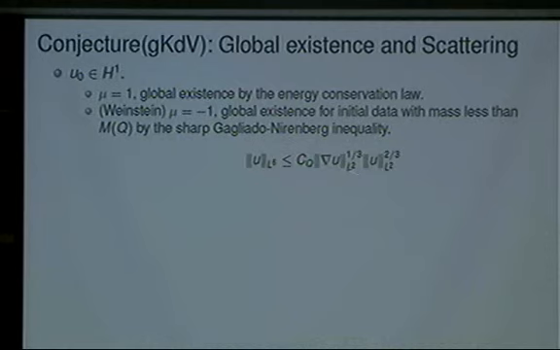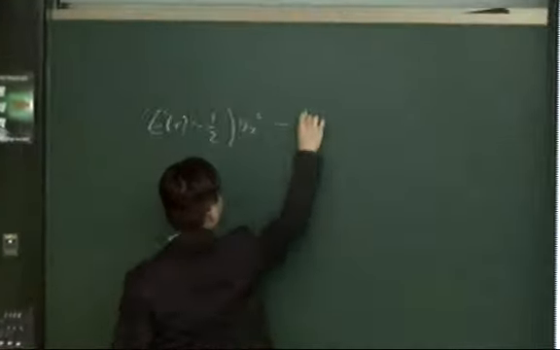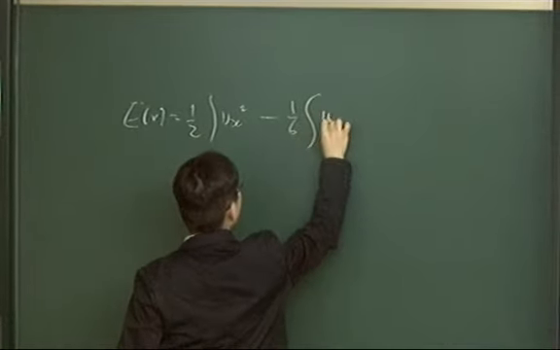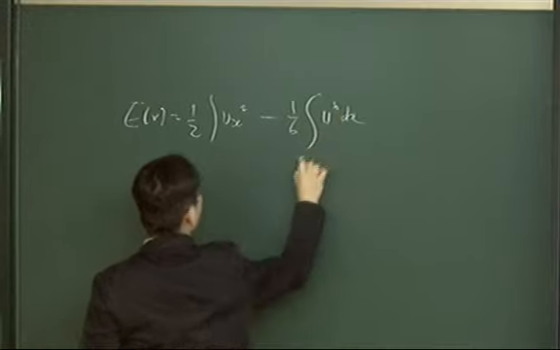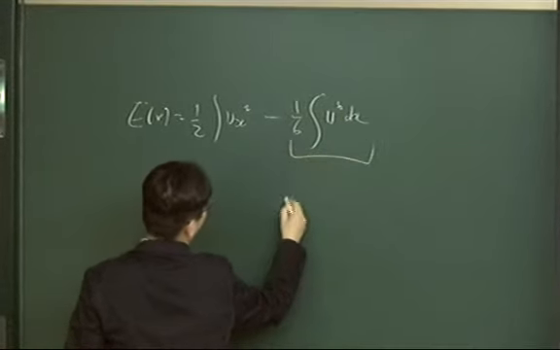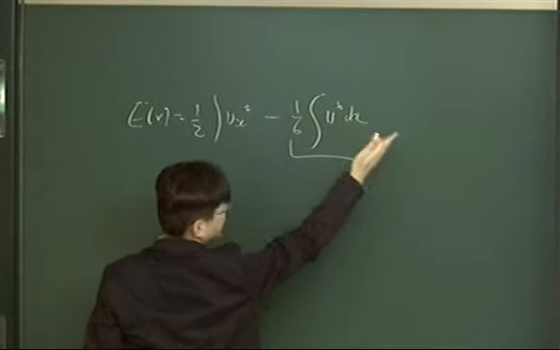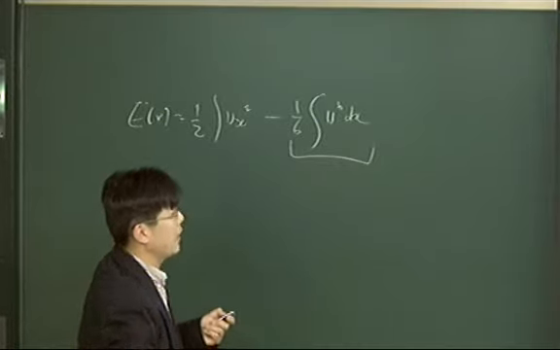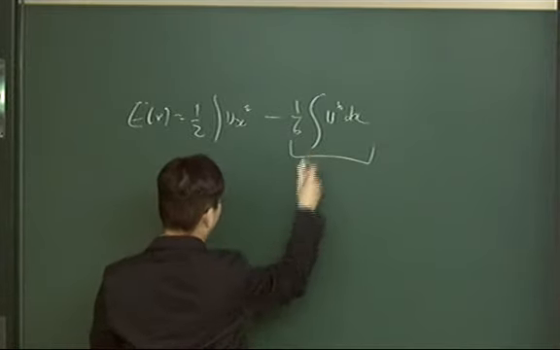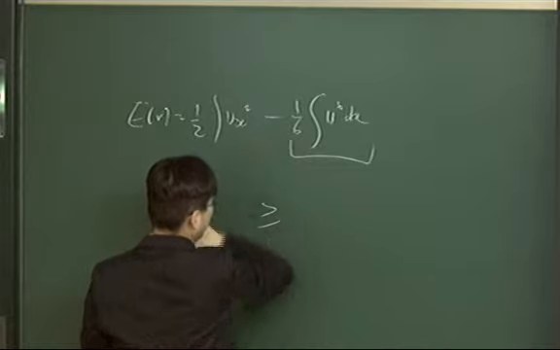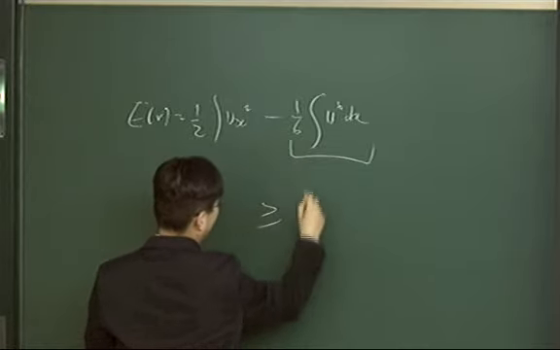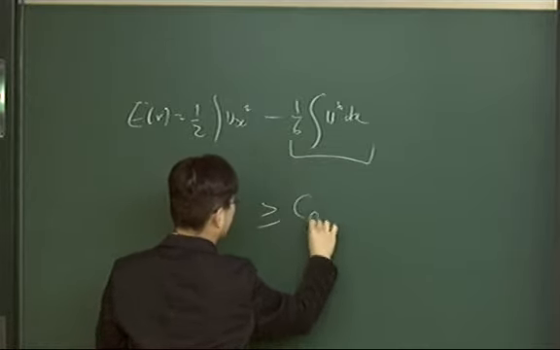Energy is conserved for all time, and this is less than that by the inequality, so this is greater than, with the negative sign, some constant times